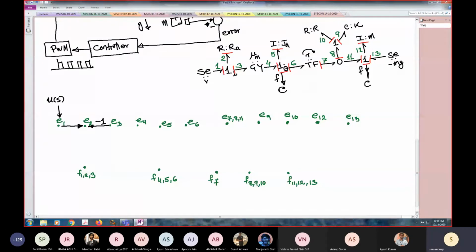Also, the next element is R2, and that is in conductive causality. So R2 receives effort and gives flow. So we will have output is flow from R2, and input is effort. Effort is used to calculate flow, E2 to F2, and that relation gain is 1 by RA. So E2 divided by RA is F2. So that's how this is shown in the picture.